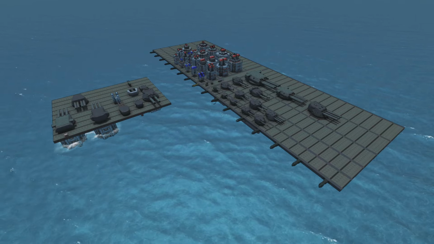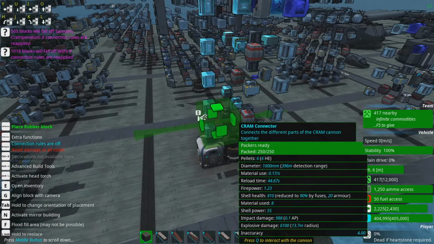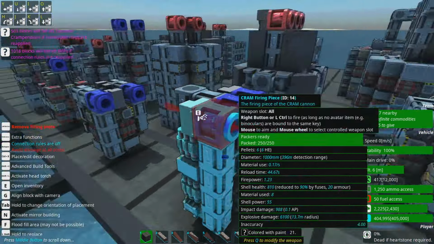This little turret I find fascinating, because it's actually, of all things, something I stumbled on years ago, independently. This is linear Tetris, or something very similar to it. You'll notice how the cram connectors are arranged, kind of lining up like so. If you want 3 cram firing pieces that all have the same reload time, this would be what you do, but there are gaps in here. Technically, bad Tetris, but...